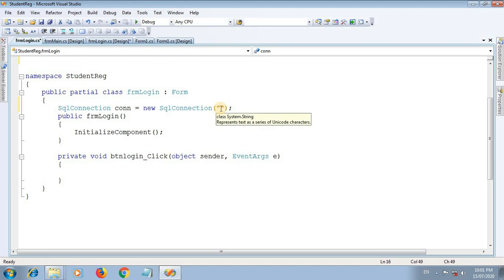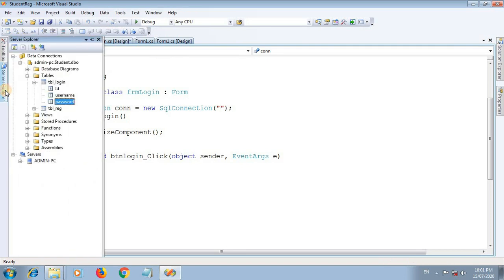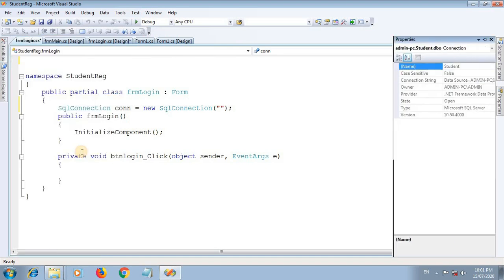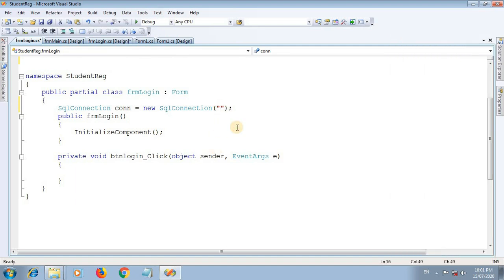So how can you pass the connection string? Let's watch carefully. Go to the Server Explorer, go to the database. So this is our database. Right click on it, go to Properties. In the properties there is a connection string. So this is the connection string. Just double click, copy and paste it.